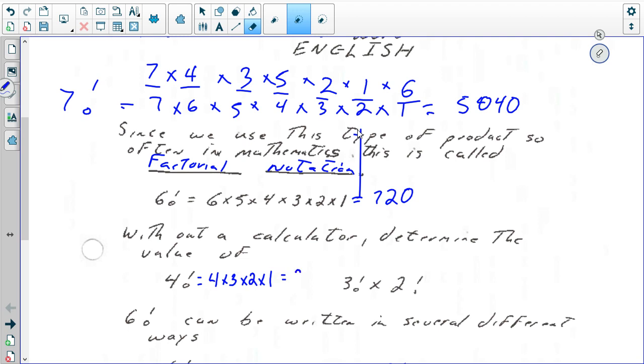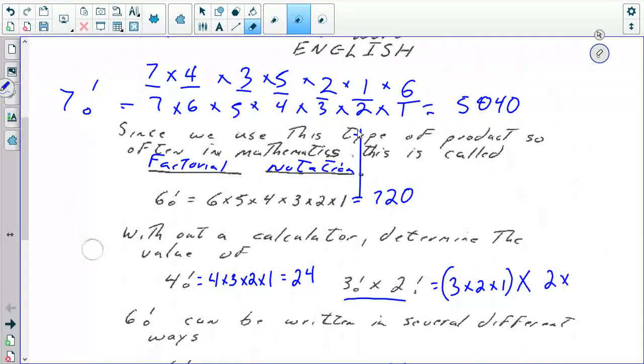Now, this here, 3 factorial times 2 factorial, does not equal 6 factorial. Don't bother writing that down because I'm about to erase it. It's not 6 factorial because what this is equal to is 3 times 2 times 1